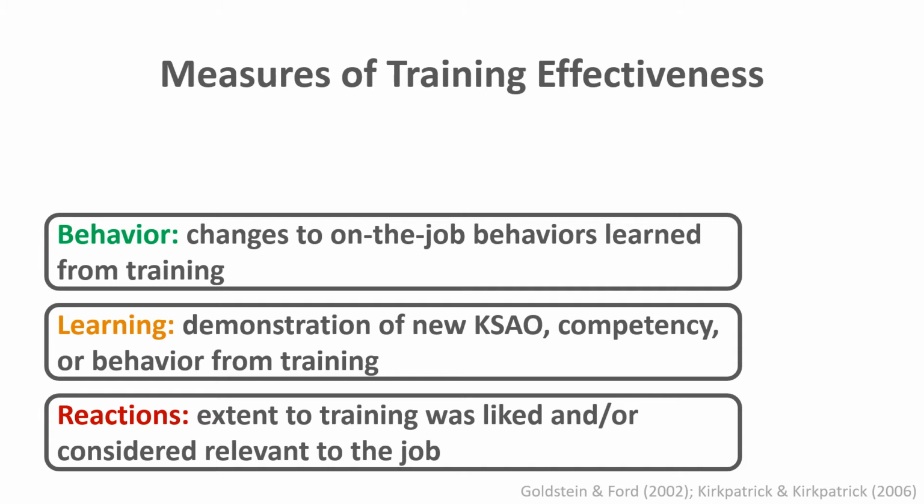What this means is that this is really all about taking what you learned during the training program and transferring it via the training transfer process to actual behavior back on the job, in which the training was, from the beginning, intending to train people on certain KSAOs, competencies, or behaviors that needed training. Maybe, as part of that needs assessment and the job analysis and the person analysis, these were the areas and training objectives and goals that identified deficiencies or gaps in what the employees should be able to do on the job and what they're actually able to do on the job in terms of their KSAOs, competencies, or behaviors.